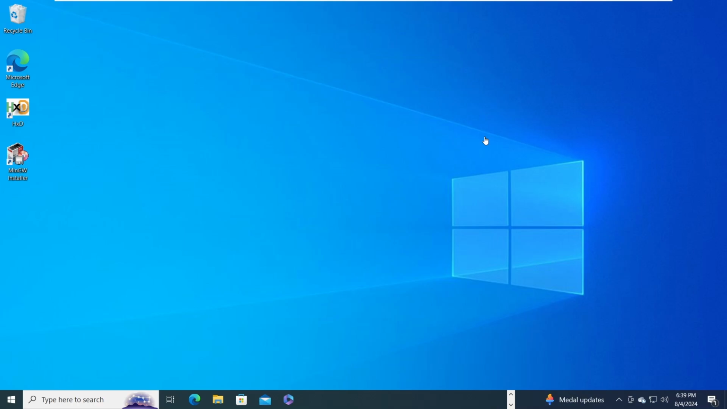Now let's disable the Windows Defender completely. Before disabling the Windows Defender, let's disable the Windows Update System. For that, we're gonna use these services,